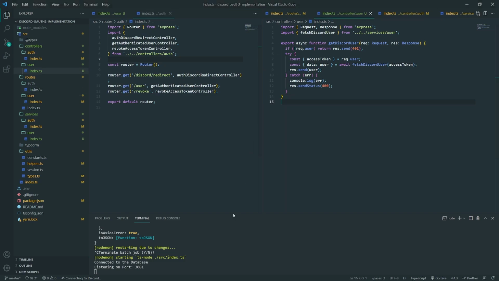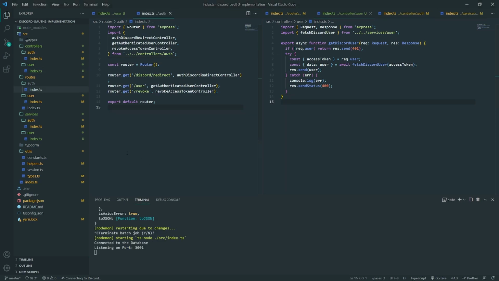Okay, so the last thing that we can do is implement refreshing the token. Now this one, you're going to have to do whenever the user's access token expires. There are many ways that you can do this. You can set up some kind of cron job and see when access tokens expire, but I would not recommend that because you might have users that sign up for your application one time and never use it again. So it'd be pointless to refresh their token